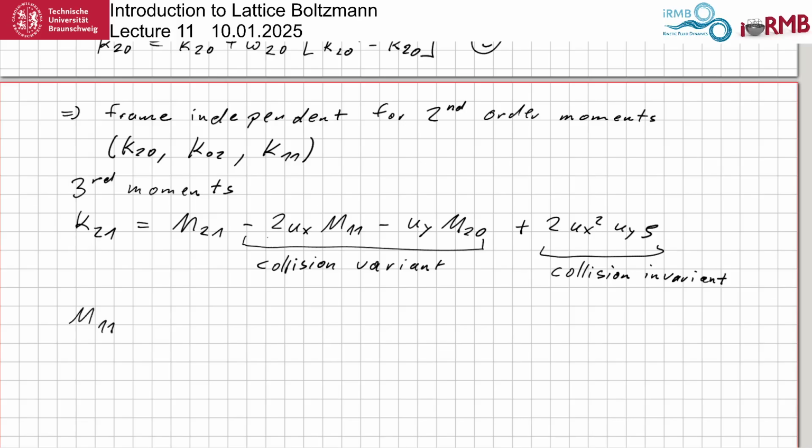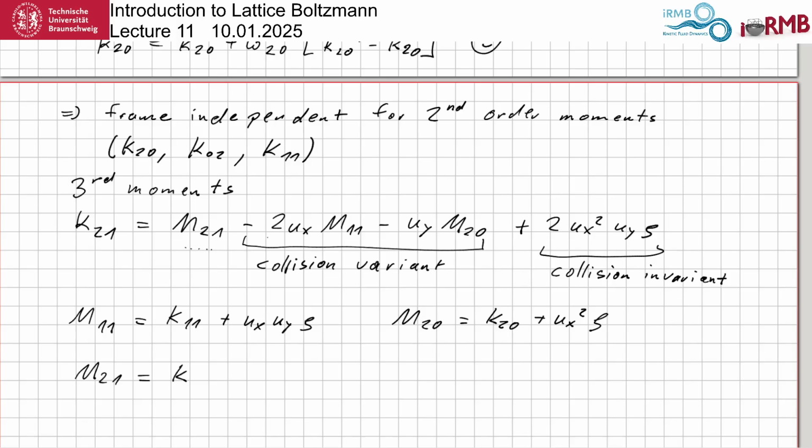M11 is K11 plus ux uy rho. M20, which exists here, is K20 plus ux square rho. And now if we solve for M21 and enter M11 and M20, we'll end up with M21 equal to